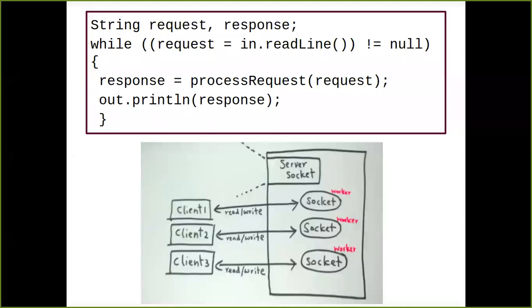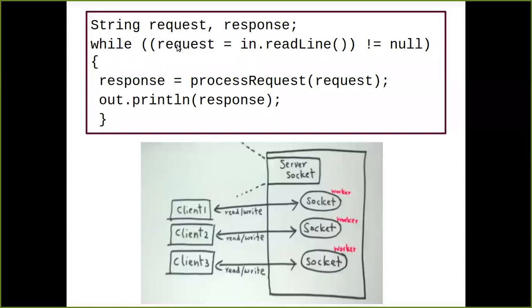Okay, and if the condition gets satisfied, that means if the data which I'm trying to read is not equal to null, it is carrying some information, and it should be sent back to the client. So what is going to happen, I'm going to have two variables. I'm considering that the request object is going to hold the value.